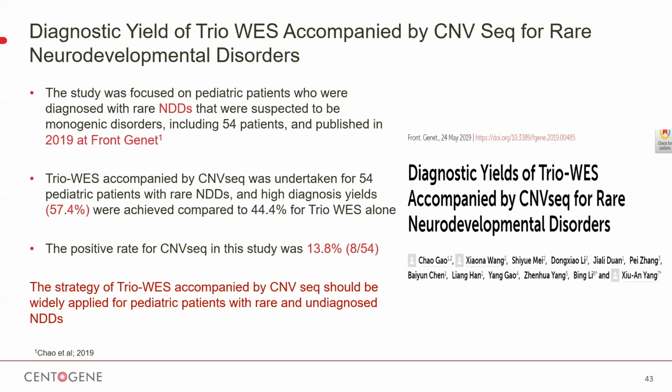One conducted trio whole exome with copy number variants, and the other without copy number variants, and the diagnostic utility increased from 44.4 to 57.4 percent, more than a 13 percent increase. This also highlights the role of copy number variants in different specialties and different categories of patients. For instance, according to what was previously published, copy number variants increase diagnostic utility for intellectual disability disorders, reaching 58%. 58% can get a positive result from whole exome if the copy number variants are incorporated within the exome analysis.